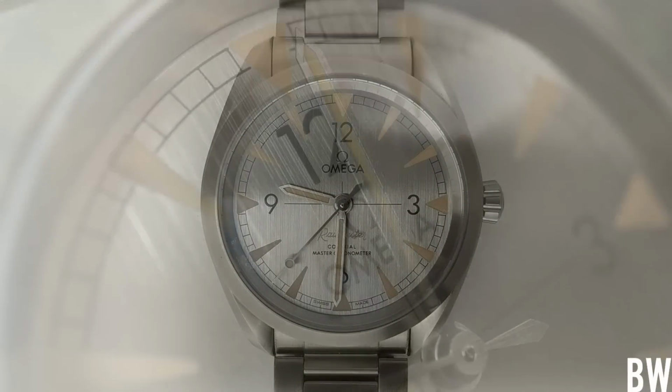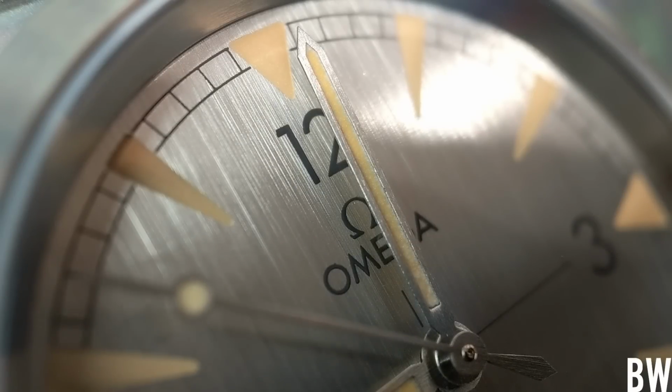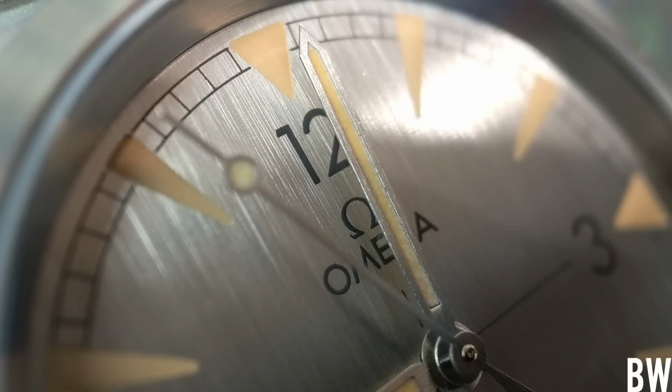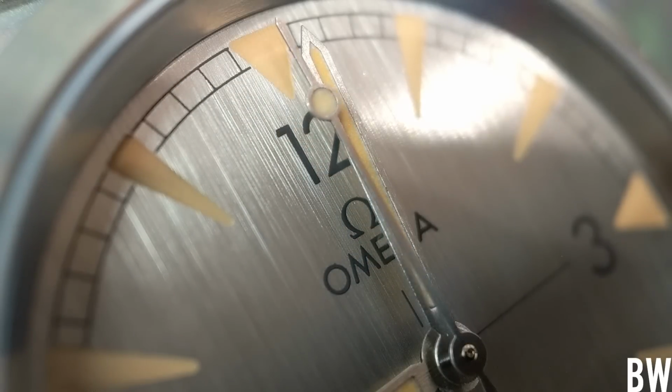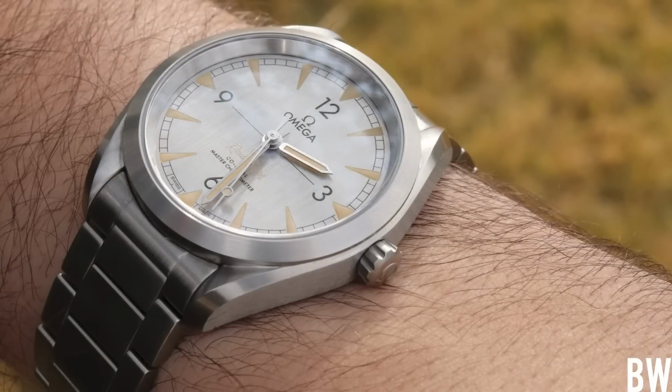Most watch enthusiasts that I know hate vintage looking Superluminova. It's too warm. It's too creamy. It just doesn't look good. And I would tend to agree with you on most watches. I think it's overdone. But again, like the all brush finish, in some instances,